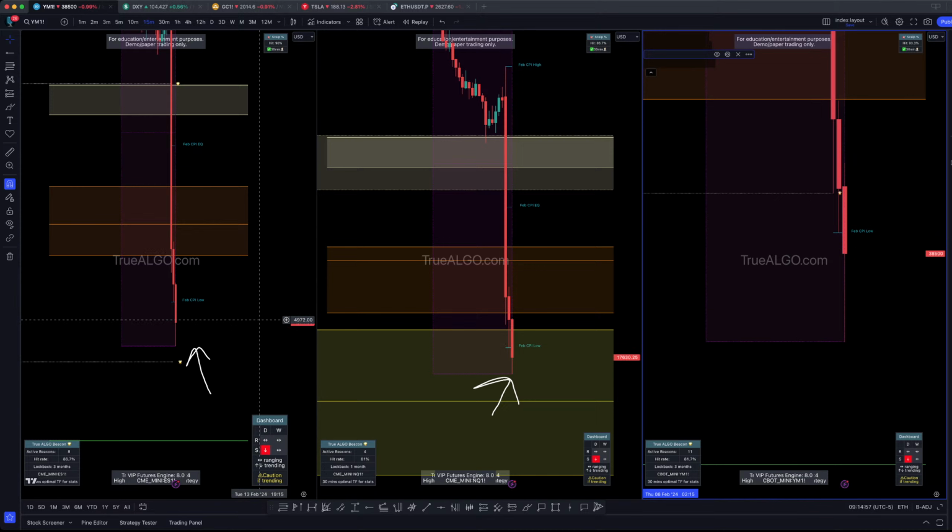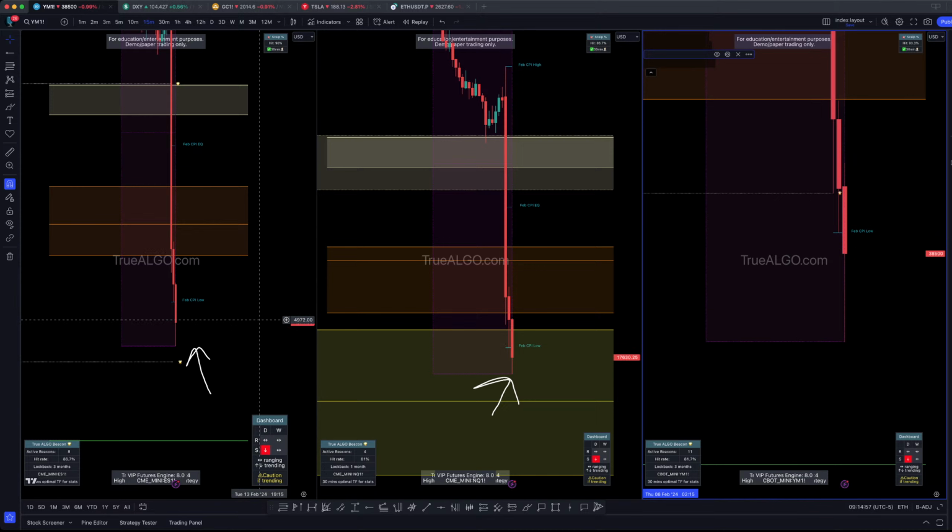Absolutely beautiful on gold today. Absolutely beautiful. One of the best assets there are for markets. The reason why is most retail traders don't know how or where to trade gold. The True Algo system is absolutely fantastic on it. And because retail traders can't trade gold typically, again, you can do this on your brokers, but most retail traders aren't active in the gold market or oil. They don't know how to get in, and it allows amazing opportunities because retail traders are out of the way for True Algo to do things like this.